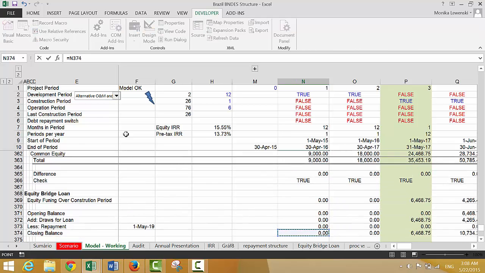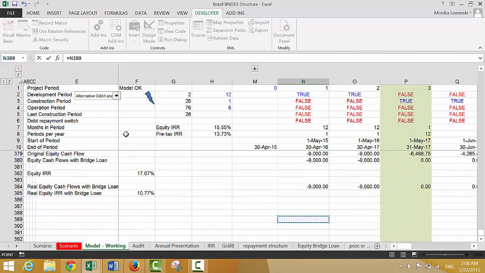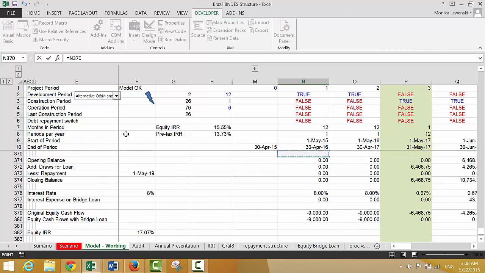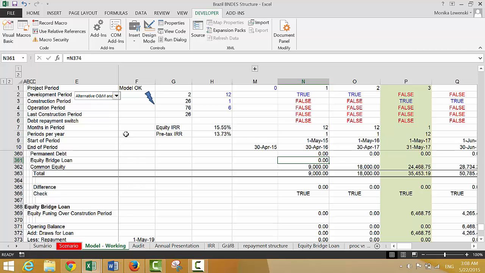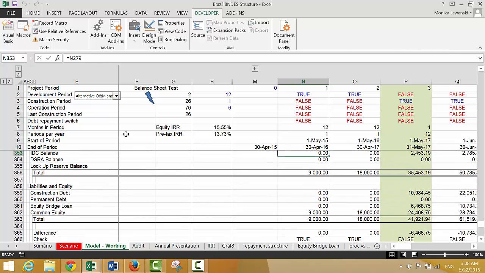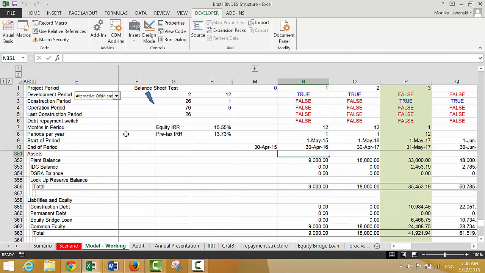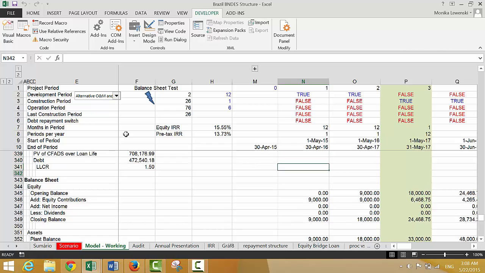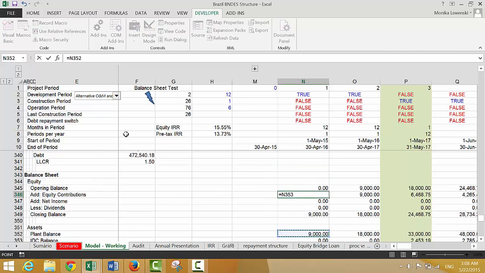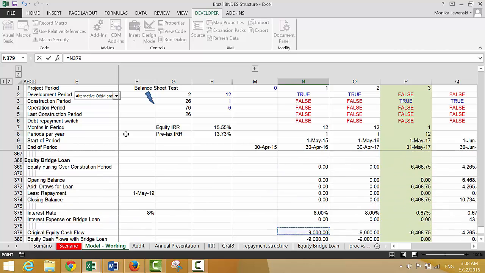Okay, and then we should put that closing balance of the loan. Okay, and then of course it doesn't balance, but if we change the equity contributions,